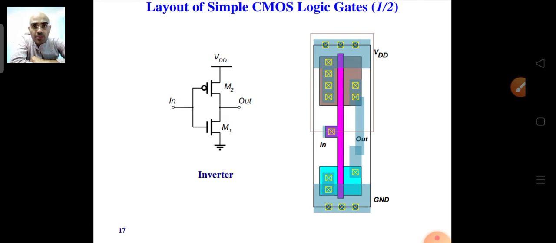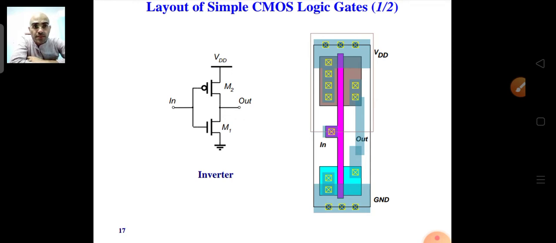Once the schematic is completed, we move on to the other level, which is called the layout level. It is nothing but the layout of the device, and not only the device but the whole circuit for which we have drawn the schematic. The schematic of the circuit can be transferred onto the layout, and this layout will later be used to fabricate the device or the whole circuit.